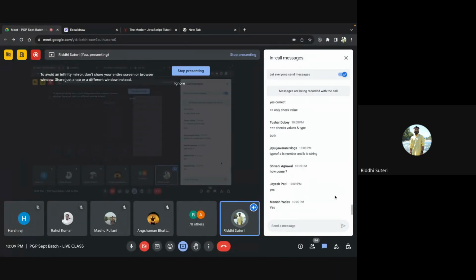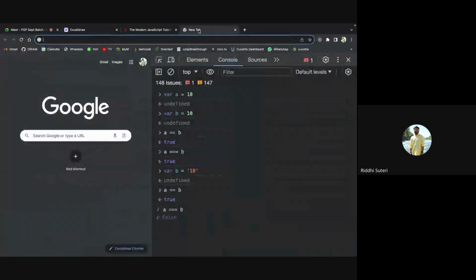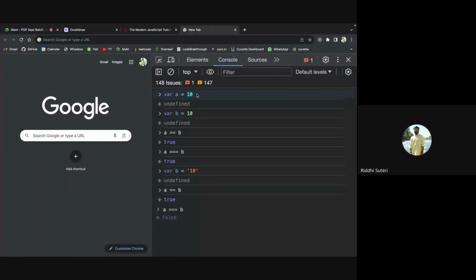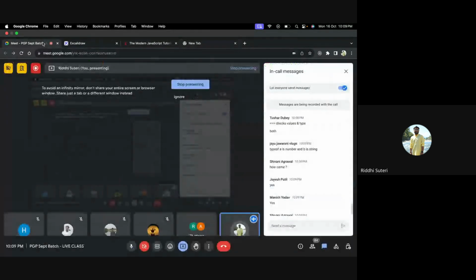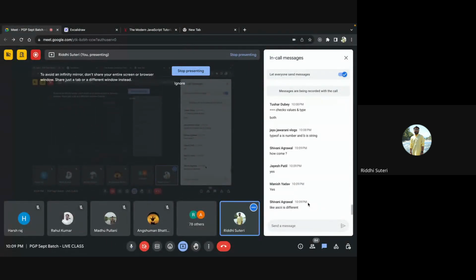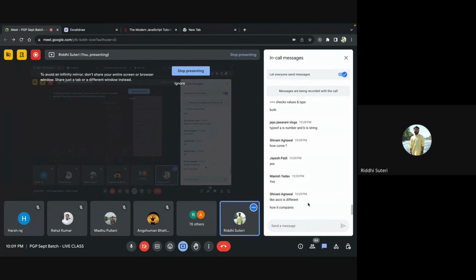No, no, it's not about ASCII value. It's basically about the nature of both of them, the type of both of them. This is just a number type, and this is just a string type. We are not talking about ASCII values right now. The type is different.